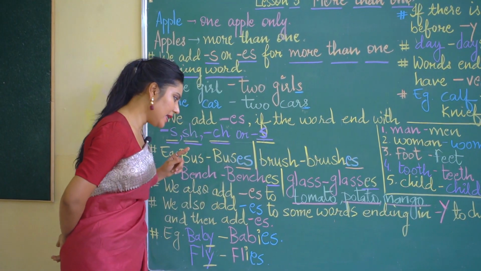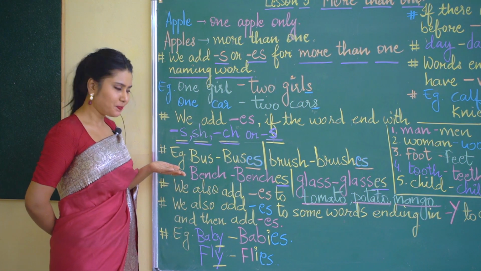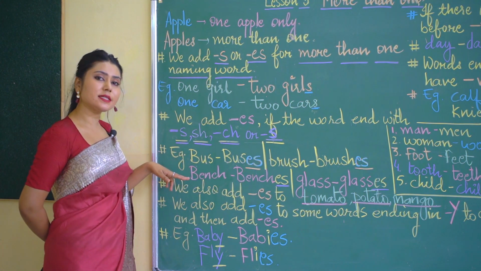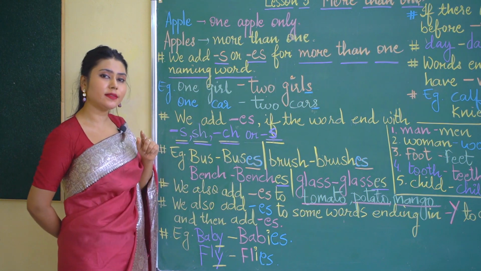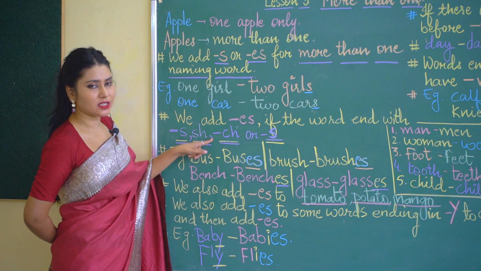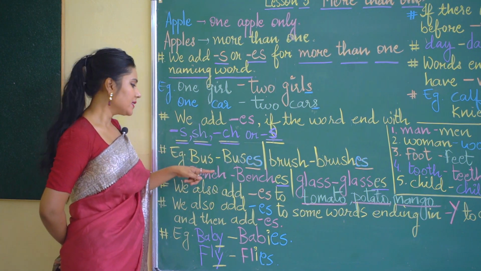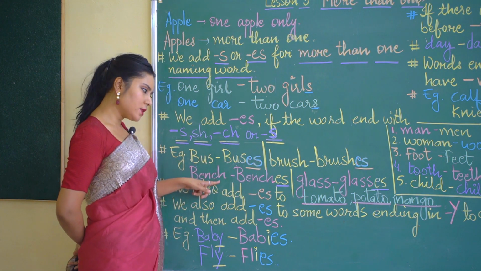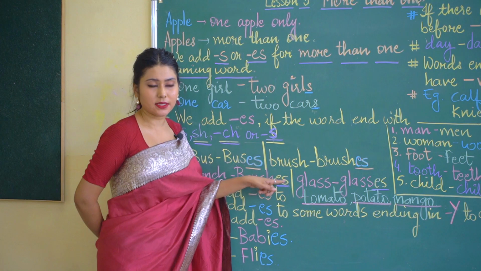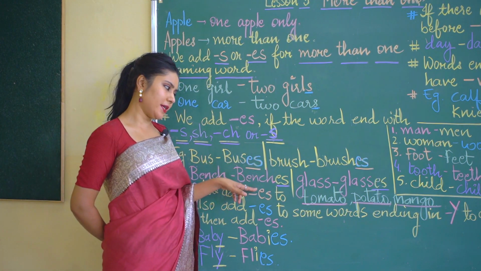We take another naming word, children, that is bench. The same bench that you sit on. So children, that bench is a naming word. It is a name of a thing. It is ending with CH as written here. So a naming word which is ending with CH will also in the plural form end with ES. That's how a bench becomes, in the plural form, benches.